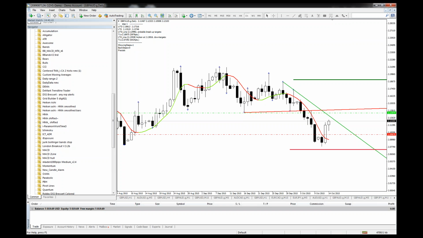Yeah, because time's moved on. So what this does is it's drawing the downward last two fractals and the last two fractals here. And if it breaks this trend line, that's your target. If it breaks the red trend line, that's your target. And it pulls them up automatically. That target is based on,